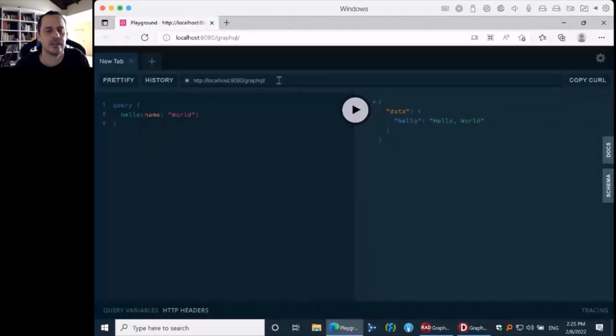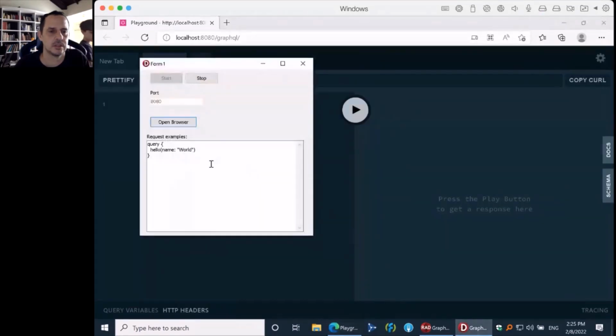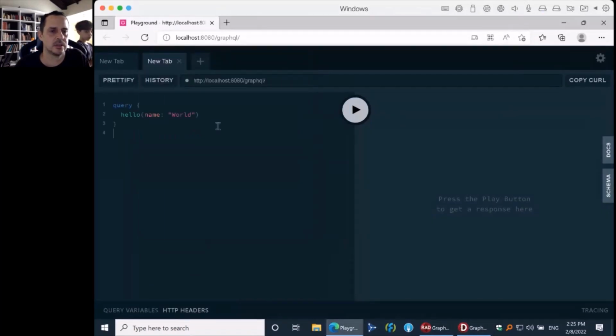Yeah. Somehow I messed with the browser local cache here. Yeah, if I create a new tab, it puts the server URL here. Okay. So history. Okay. Can you see what's written here?